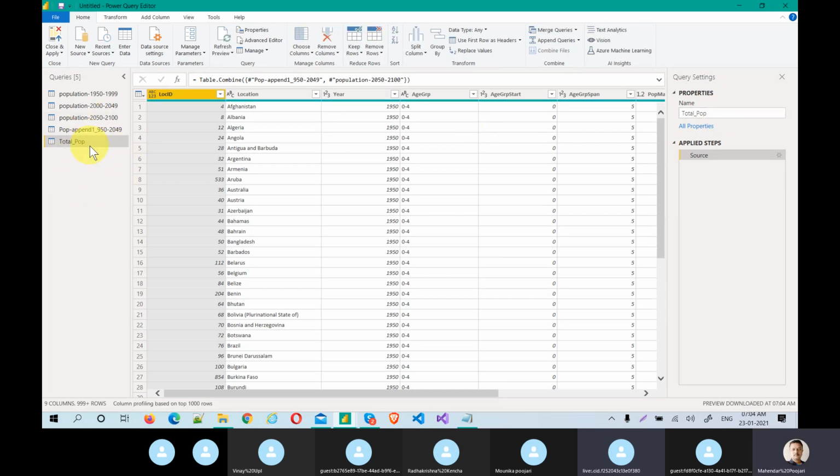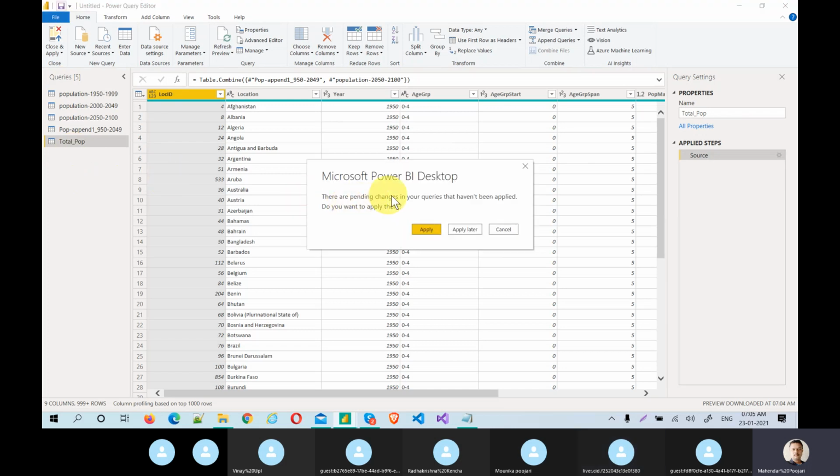But actually, I don't want to take a lot of these intermediate steps. To achieve this, you can use another option. But as we are running out of time, one of the most important things is that you can save at any point of time. You need to do a lot of operations, but we are in the middle. I have just appended, but I need to do a lot of things after this also. So what I can do is just save this. Now you observe what will happen.